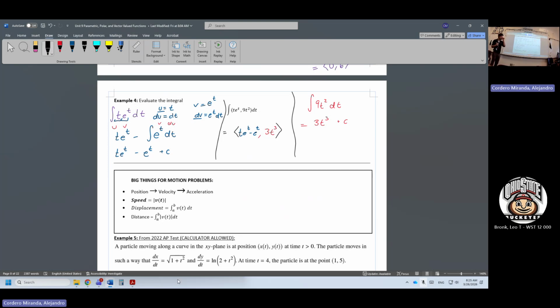And then here's what I was saying is the fancy way to handle the plus C. Since you have a vector as a function, you can add a vector constant to the end of this. So in other words, this plus vector C